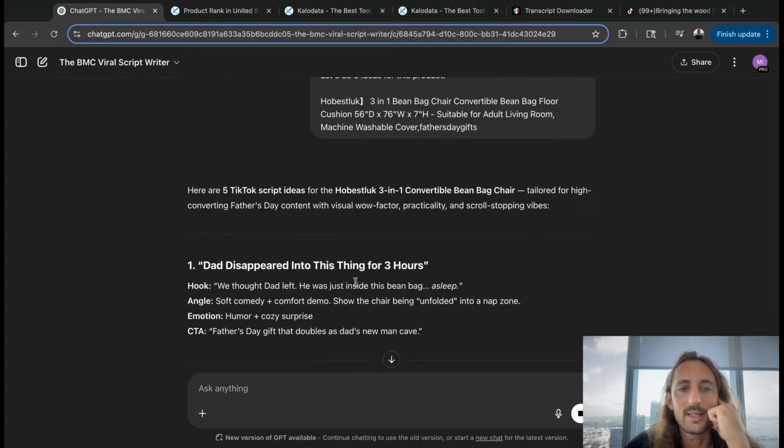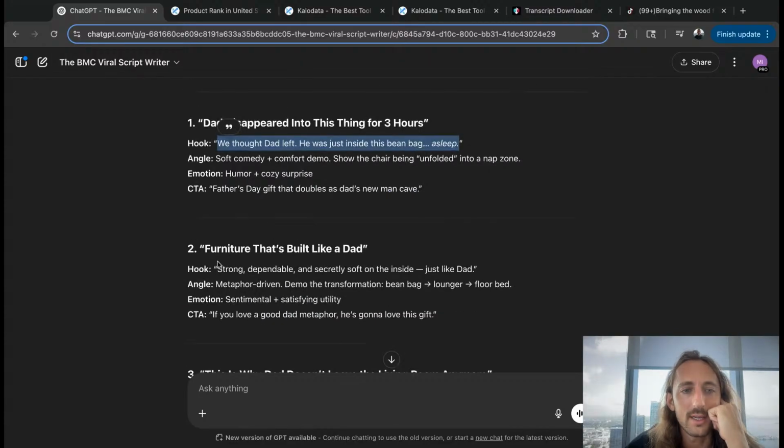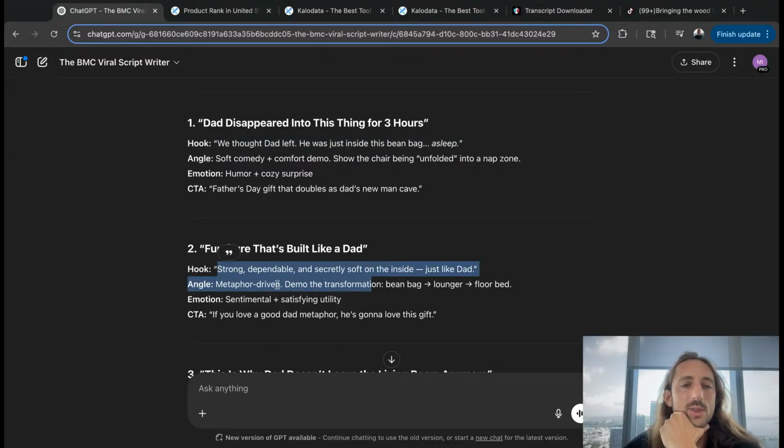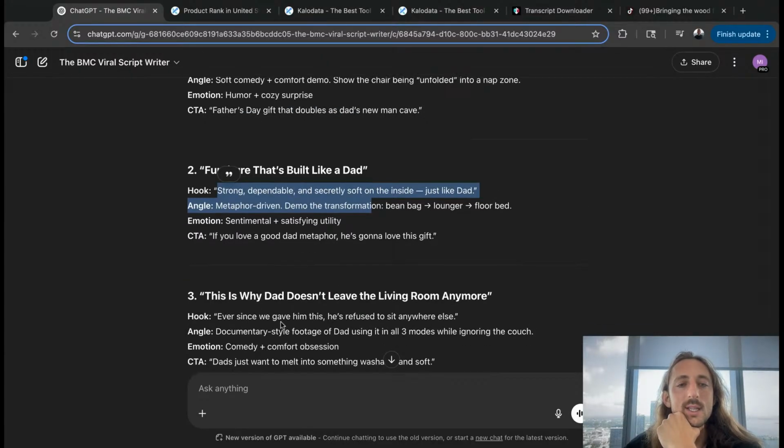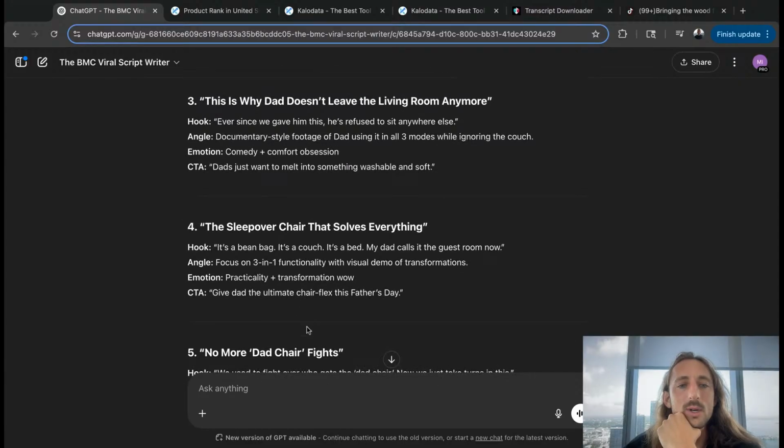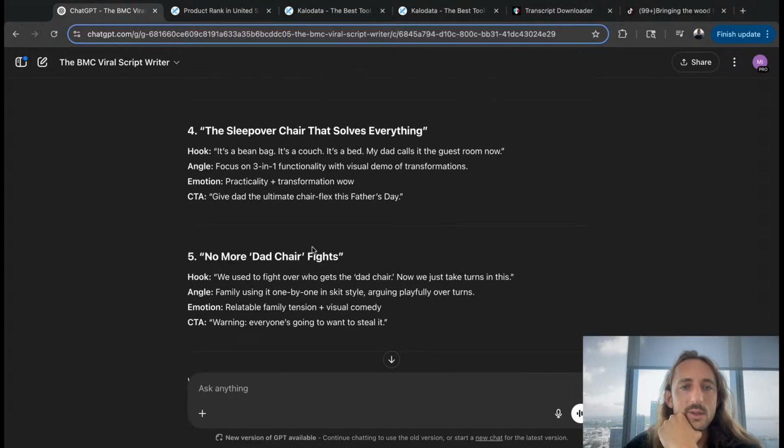Dad disappeared into this thing for 3 hours. We thought Dad left. He was just inside this beanbag asleep. So it's kind of the comedic angle. Furniture that's built like a dad, strong, dependable. And so I think it's going with the Father's Day angle for a lot of these. This is why Dad doesn't leave the living room anymore. All right, they're all saying it's Dad. But let's do